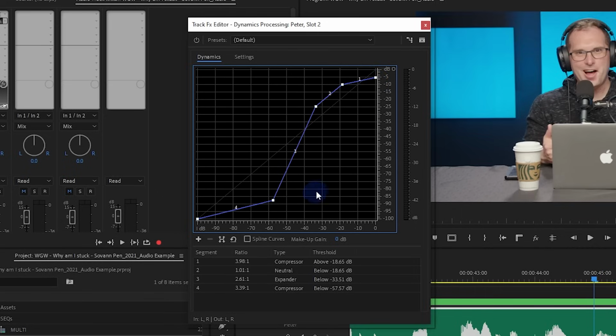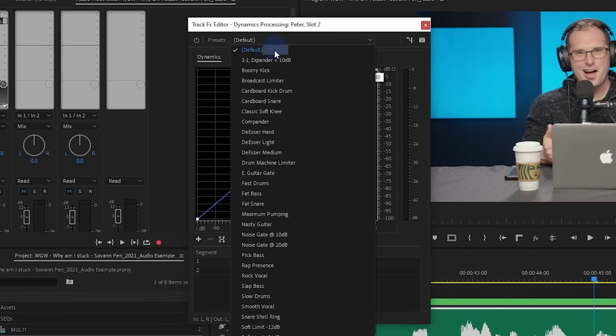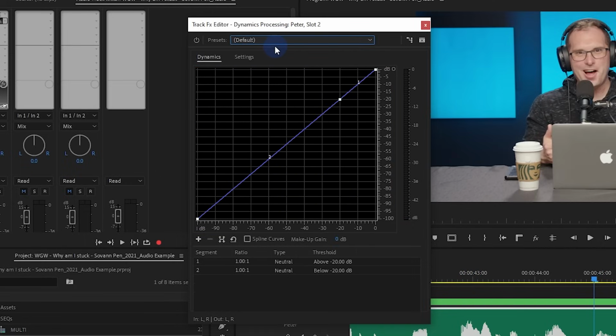The problem with this is, in order to get this compressor to work, and I'm just going to reset this here by selecting one of the presets and then changing it back to default. The problem is, in order to get the compressor to work, so let's say I wanted this to do some hard limiting, and this is not what I would do, but just for instance, in this case, the compressor should not let anything above negative 20 pass through